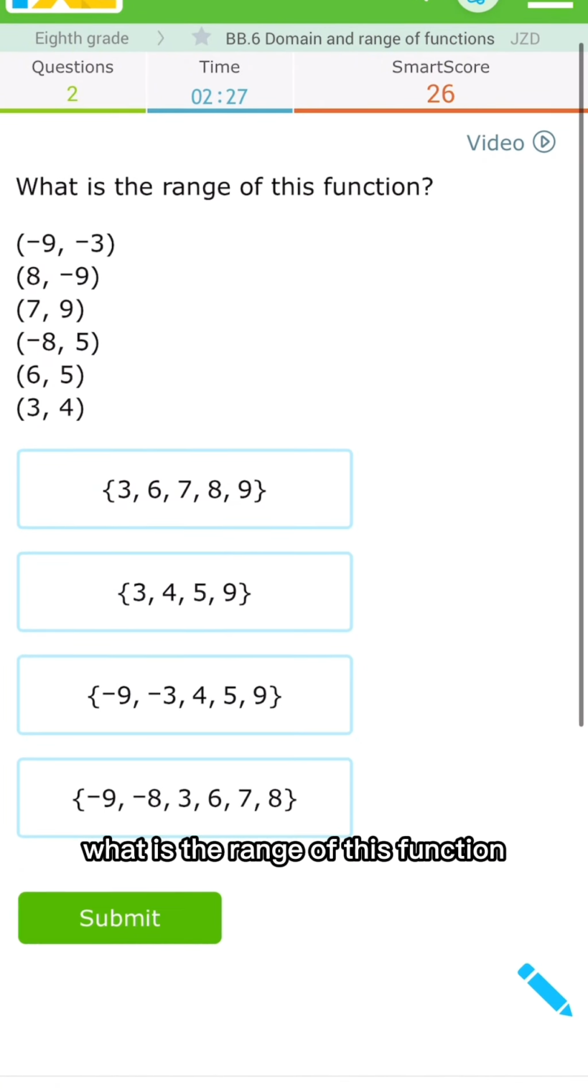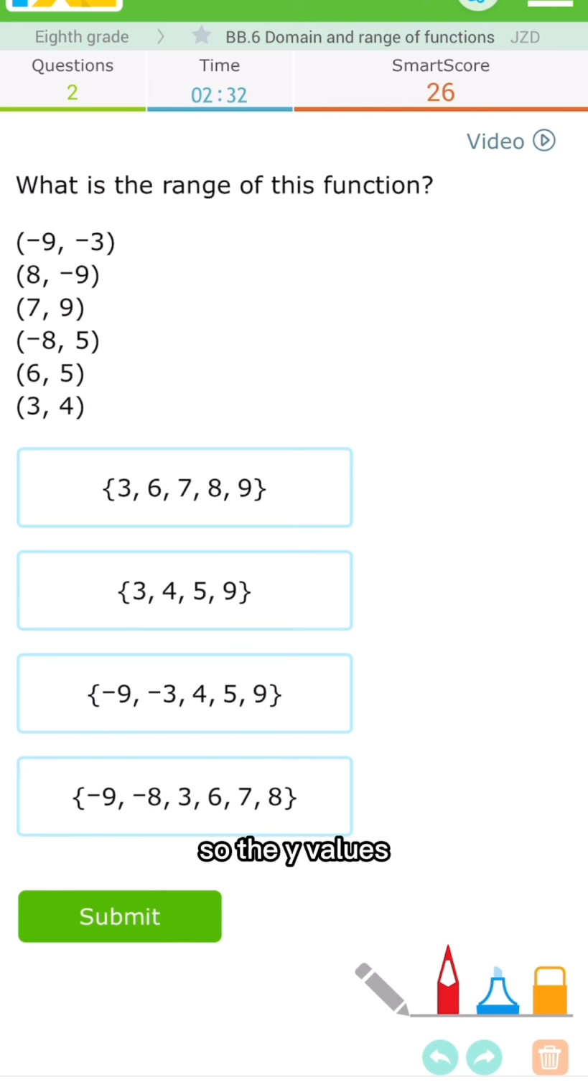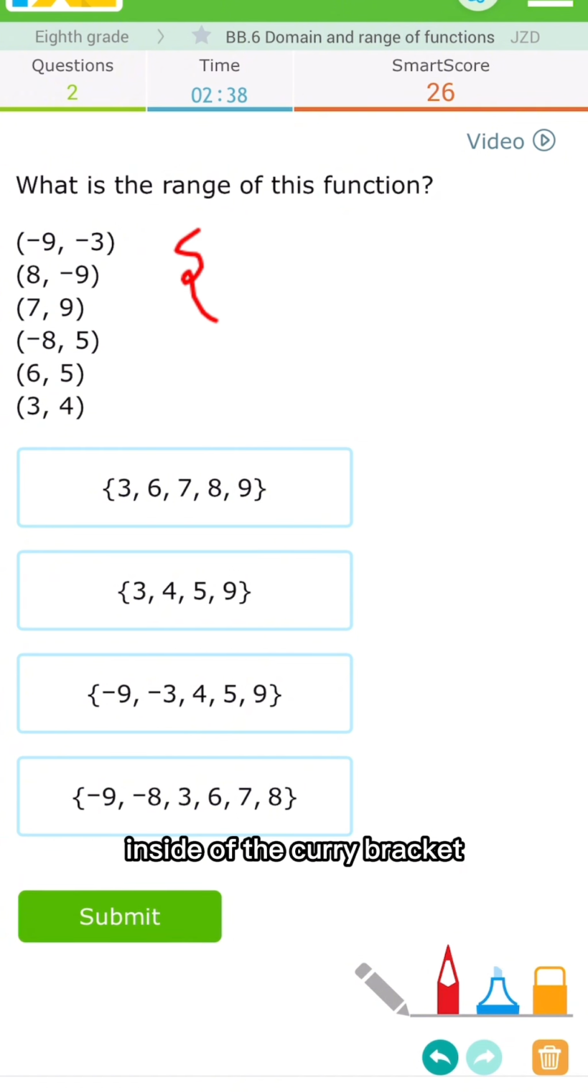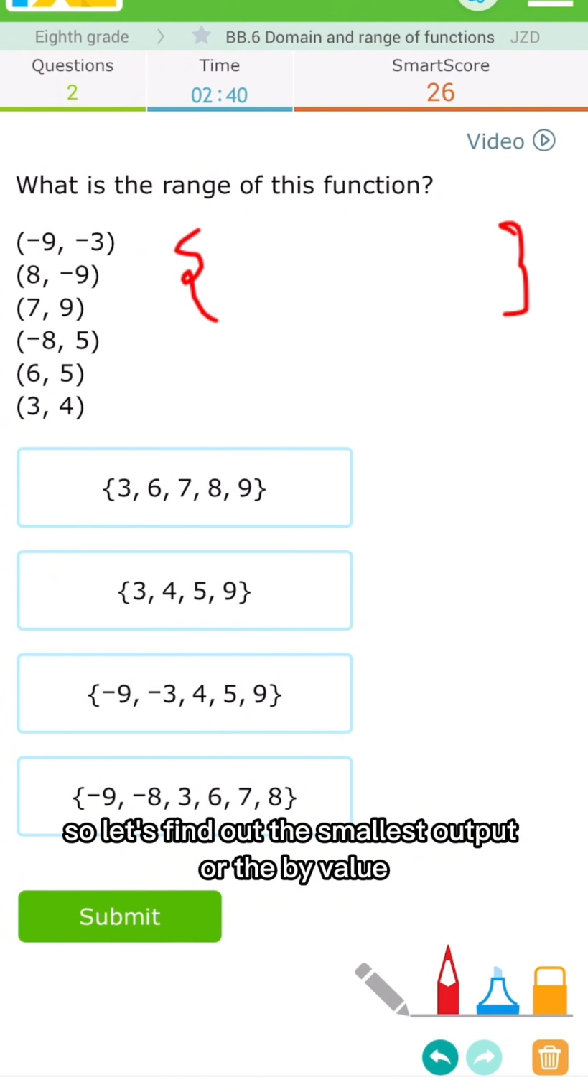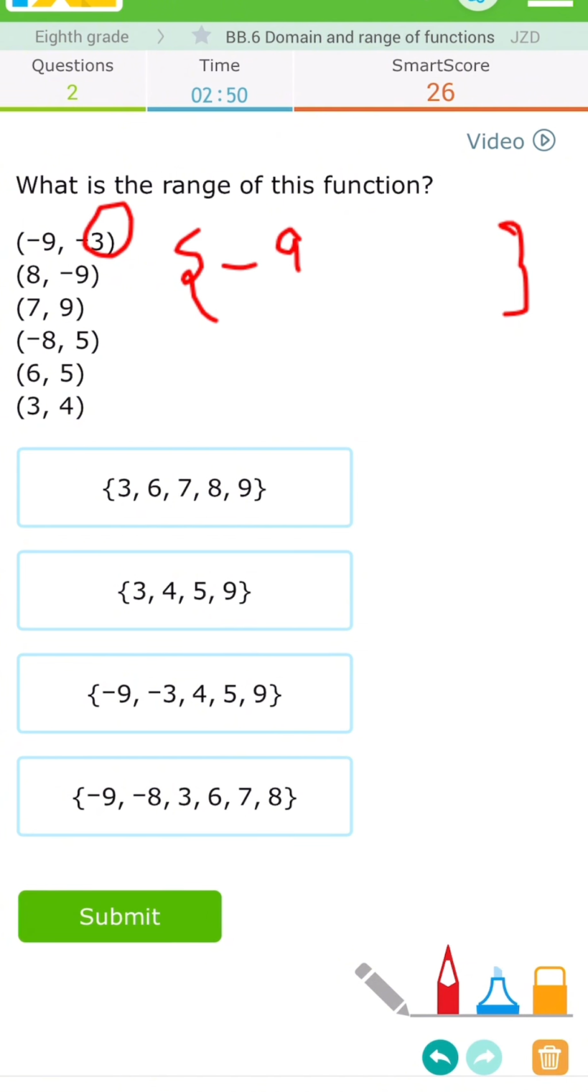What is the range of this function? Remember that the range is the output, so the y values, and we have to arrange them from smallest to greatest inside of the curly bracket. So let's find out the smallest output or the y value. The smallest output to start is -9. Then we have -3. Then we have